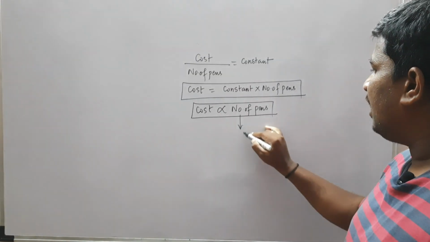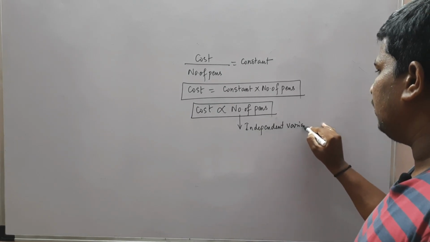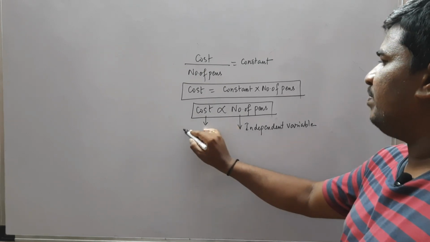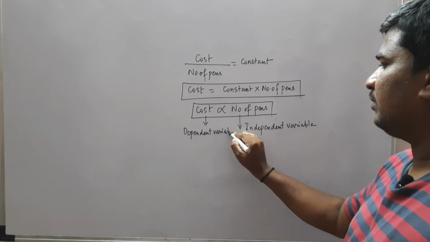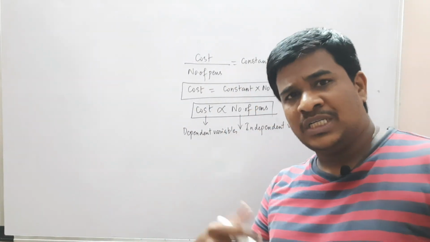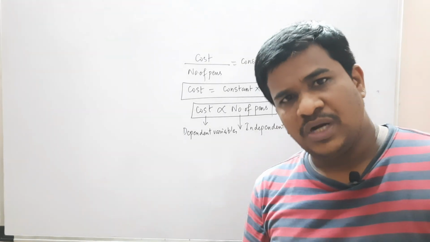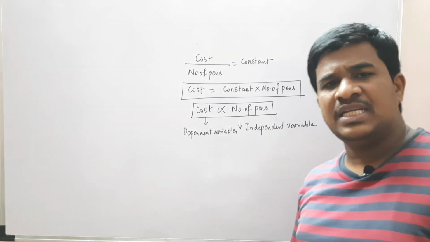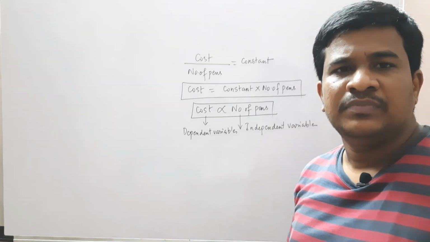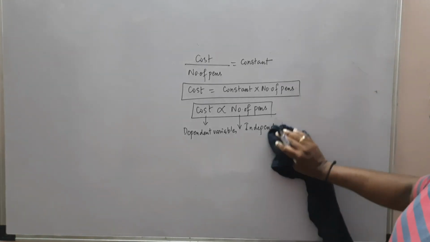Okay. So here you must place the independent variable. So here you must place the dependent variable. So cost is directly proportional to number of pens. So when two quantities are directly proportional to each other, if one quantity increases, in accordance with that, the other quantity also increases. So how is this helping you in understanding differentiation? Okay, let me go into detail. So please wait and see.